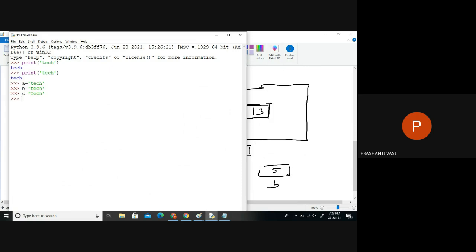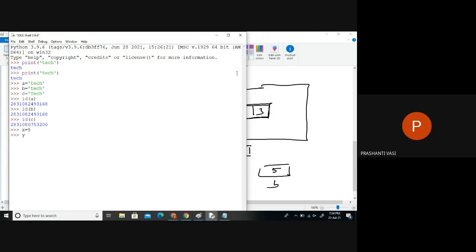Now let me check the locations. How to find the locations in Python? We have a function called id. It will show the identification address of it. So if I say this, it will show the location on the RAM, on which byte of the RAM it is found. It's found in this cell of the RAM. If I want to check the identification address of variable P, P is holding whose address? Same address? Yeah. Fine. Now if I try to check for C, am I getting the same address? No, it's changed, because it's another data.